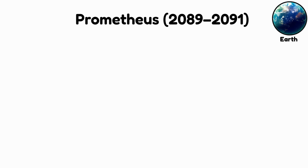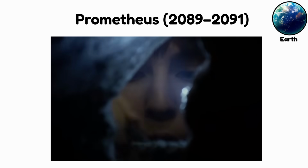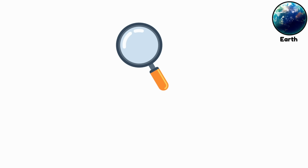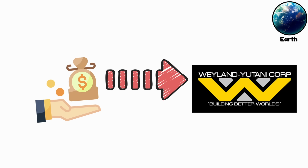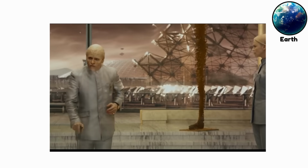In Prometheus, 2089 to 2091, Earth is seen in several key scenes. The expedition to LV-223 is launched from Earth, with early scenes showing Elizabeth Shaw and Charlie Holloway discovering Engineer star maps on Scotland's Isle of Skye. These archaeological discoveries set in motion humanity's first deliberate voyage to contact the Engineers. Corporate financing comes from Peter Weyland, CEO of Weyland Corporation, whose holographic address to the crew is recorded on Earth